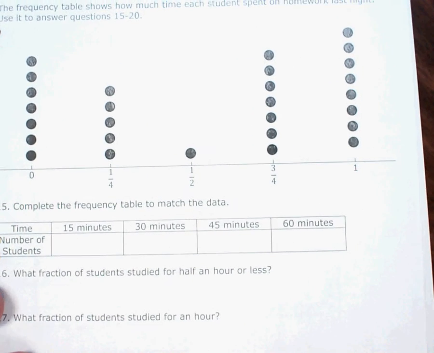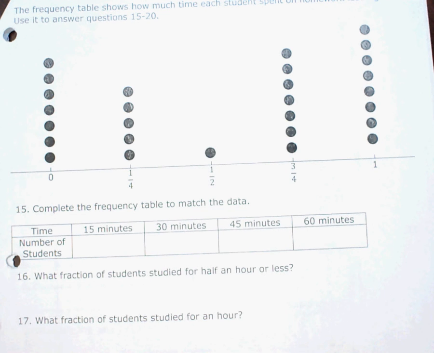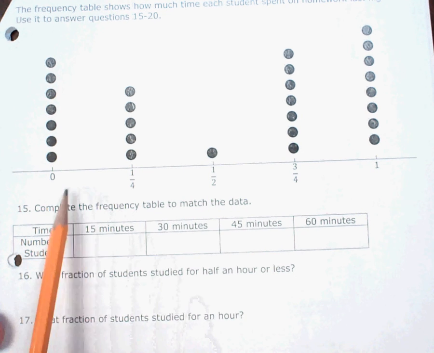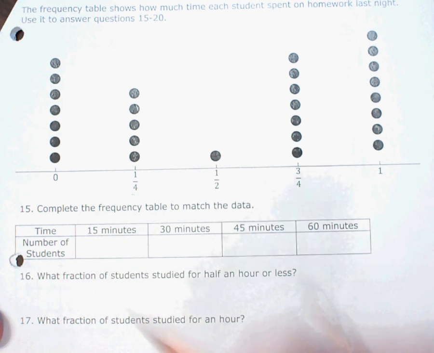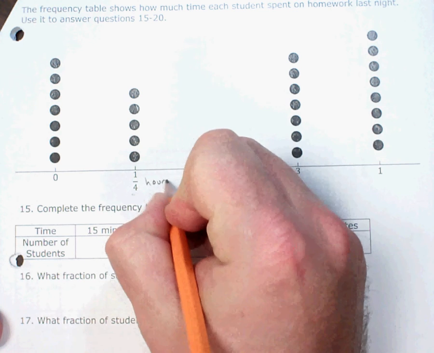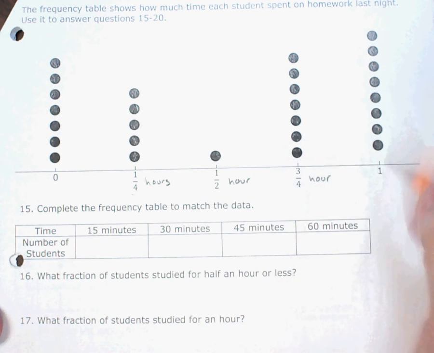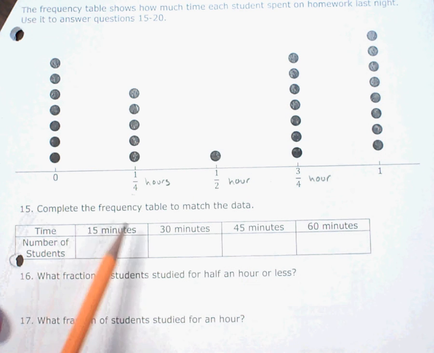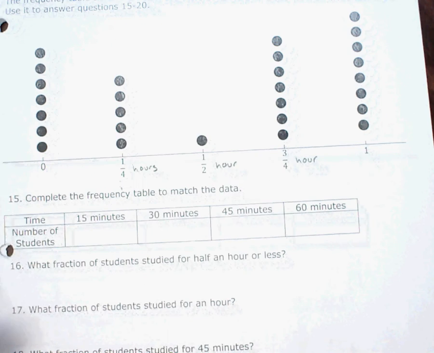So frequency table along with a dot plot. We've got the dot plot, but then we have to complete the frequency table. Now the challenge with this one is we're going from fractions on the minutes, so fractions of hours. So we've got 1/4 hour here, 1/2 hour, 3/4 hour. We've got to know that 1/4 of an hour, we've got to know how many minutes that is. Now, most people know what 1/4 hour is, but if you don't know,